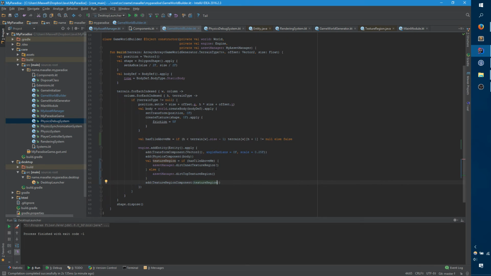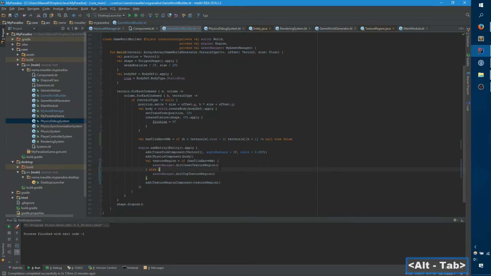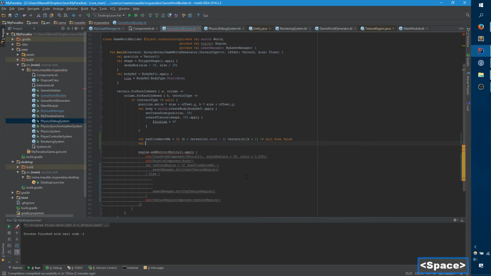Okay, so next step. If has tile above me is false, then it's going to do, no, sorry. If there's a tile above it, then it just shows the dirt always. Maybe you could show dirt or grass on the side. I don't know. I'm not going to. That's silly. So if it's on top, there can also be, let's put, this is a little bit wasteful, has tile left of me equals if